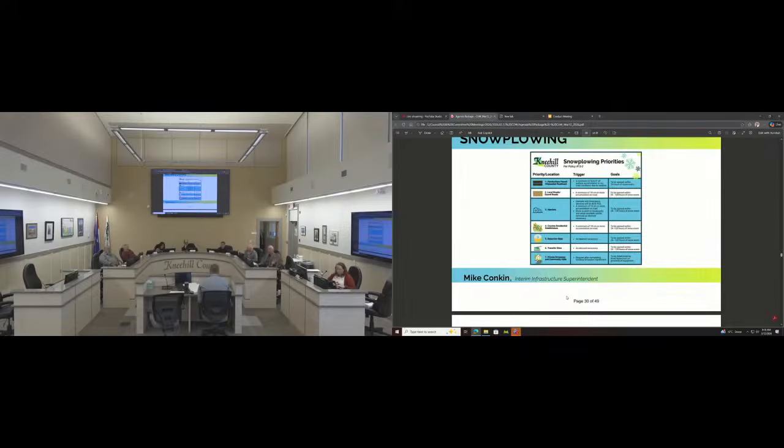Our country residentials have a 10 centimeter trigger, pretty much the same as your gravel roads. They'll be opened up when the grader is in that area. Our reservoir sites and transfer sites are marked as deemed necessary. Virtually every time a grader goes out to plow snow, they are hitting those sites. If you're on the gravel road, the chances are that site has that same amount, and it's deemed the most efficient to hit it while we're right there. So most of the time, that's how that's accomplished.